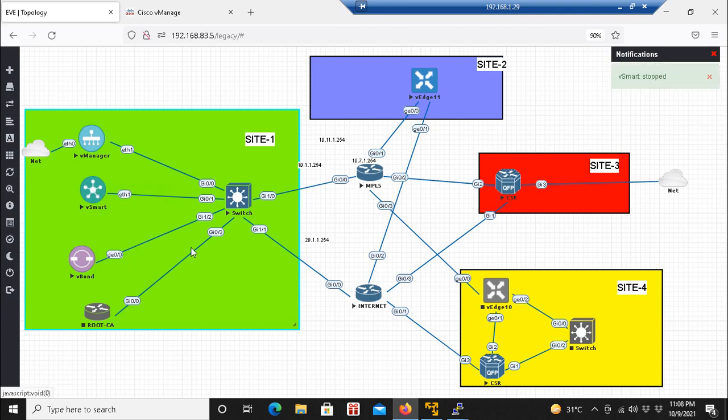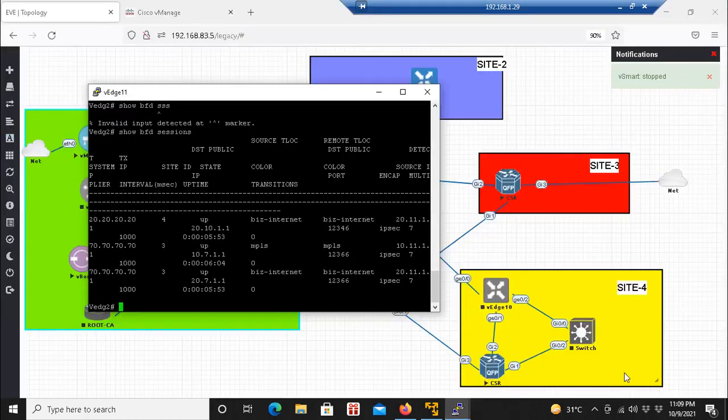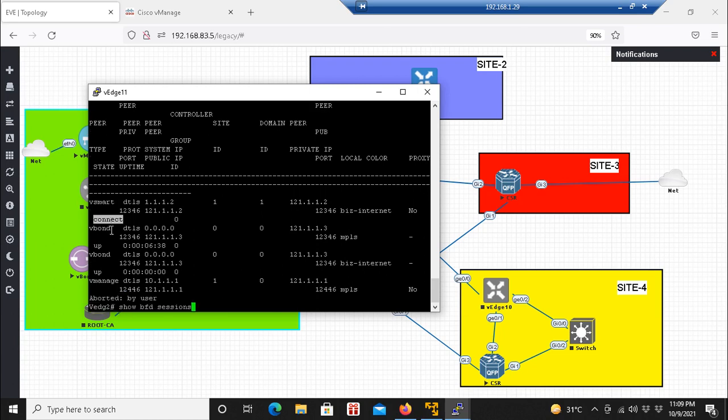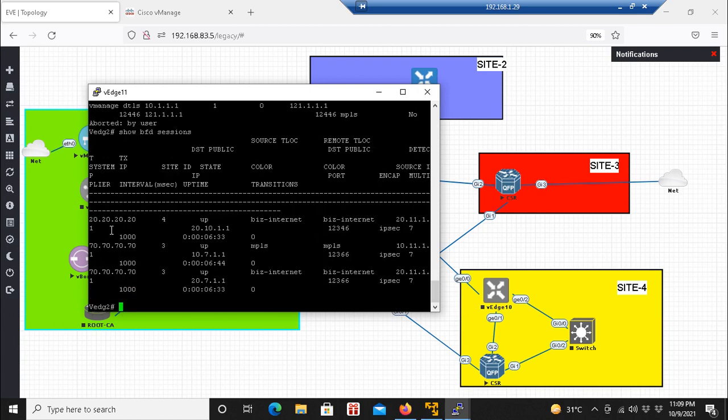Okay, if we power this vSmart down and I check the control connection now, see, with vSmart my control connection is under connect state, so it is no more up. Now if I check the BFD sessions, they are still up. So that means even if my control connection goes down, my data plane remains up.